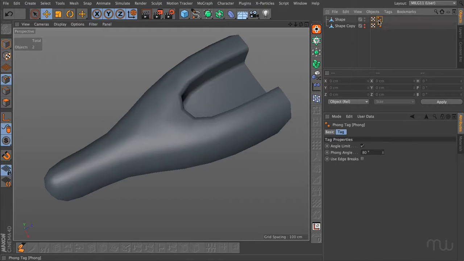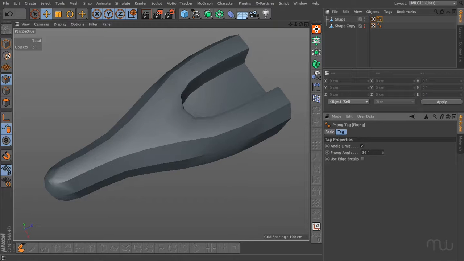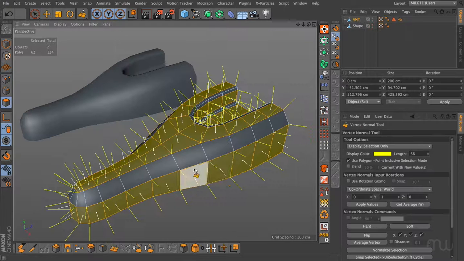In fact, on this object, if I move the Phong angle down, you can see this kind of rippling effect that we get as the Phong angle moves through all these different angles associated with this shape. So how do you go about fixing something like this? So this would be a job for the Vertex Normal tool, and what I can do here is select all the surfaces that aren't the bevels,